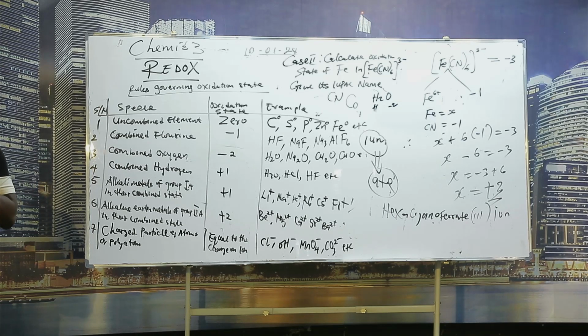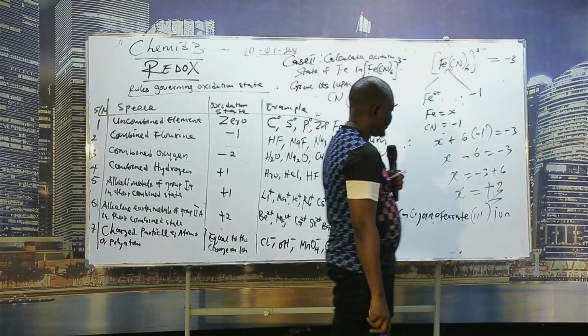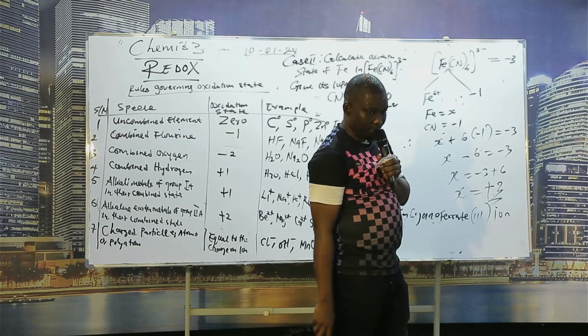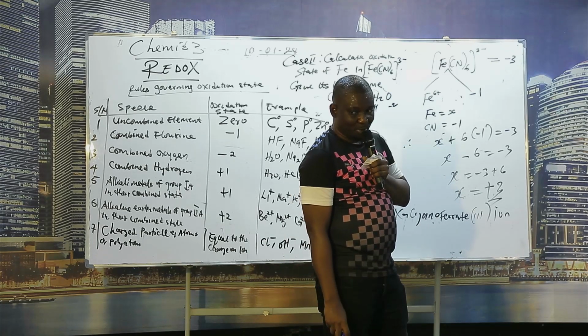Please, sir. How do you know iron oxidation number is +2 and +3? Good question. I will tell you now. Do you understand now? I think I told you, you will understand by the next example. So if I tell you something you believe,